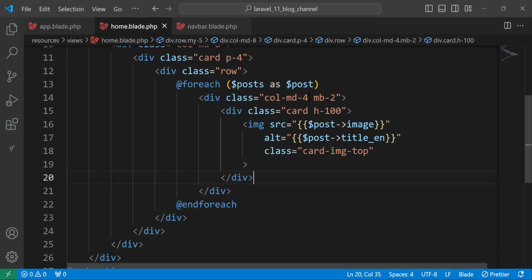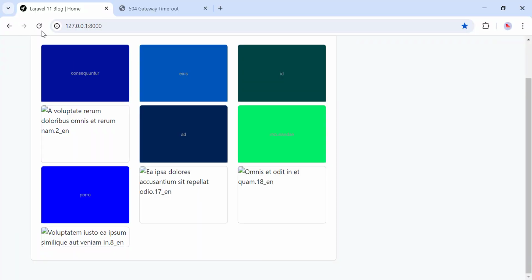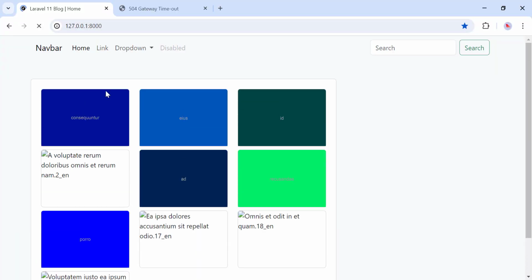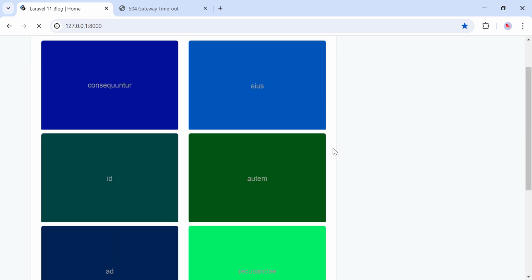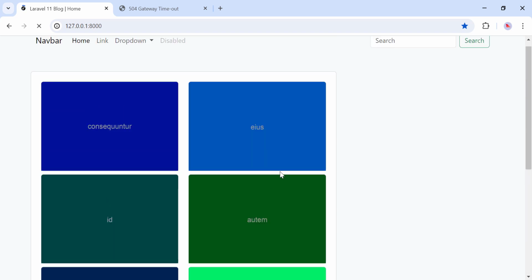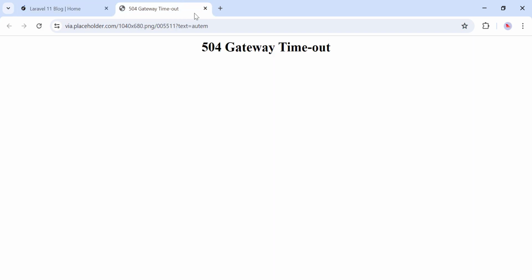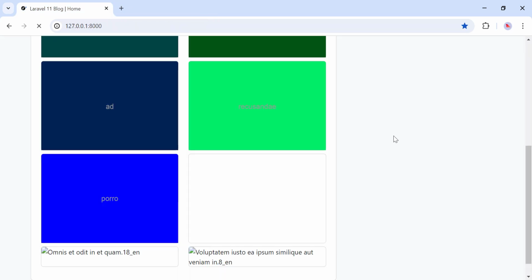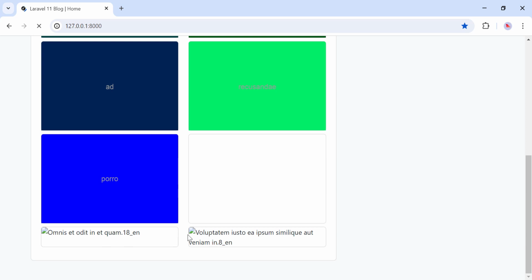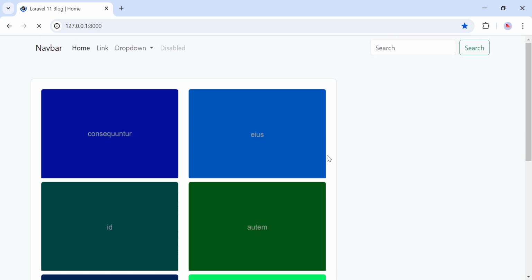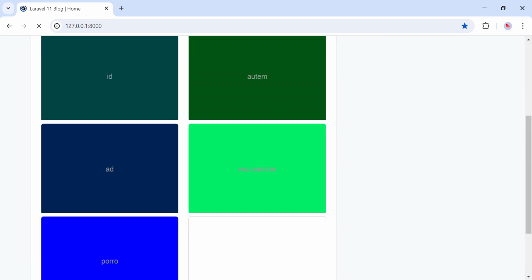Let's display 2 images. Let's change this one to 6 and display 2 images per row, which is better than 3. I think now all the images are showing. Sometimes there is something wrong with the server, and we still have 2 images that are not showing, but we will fix this later. So now we have the images. Let's move to the